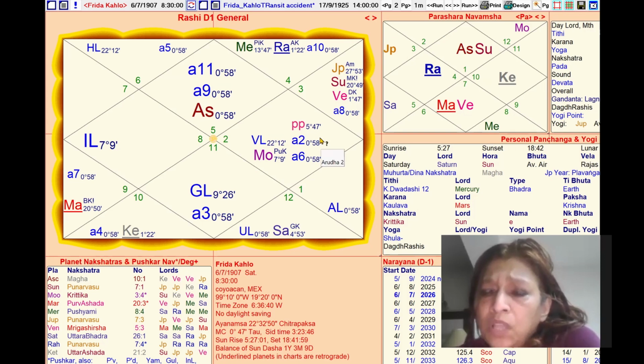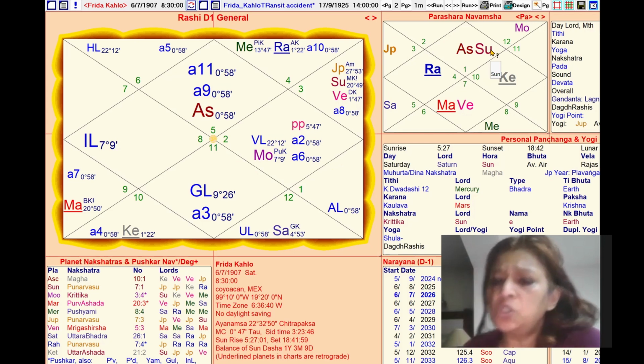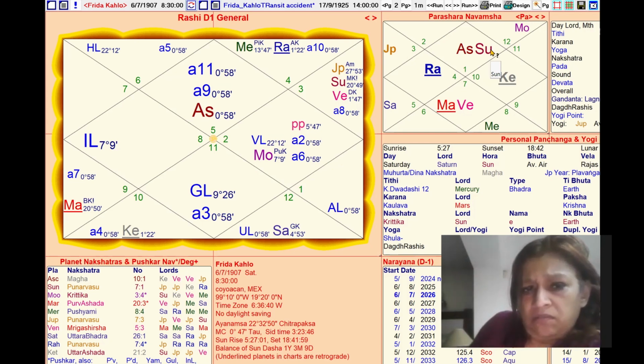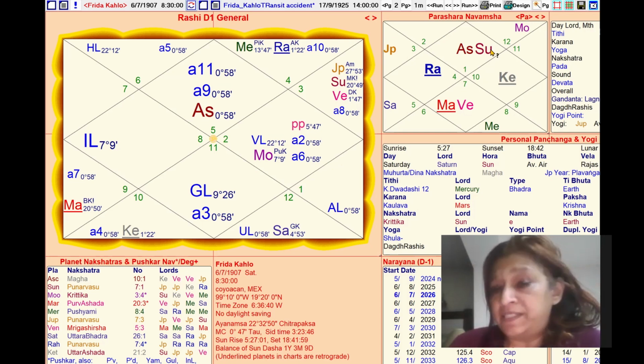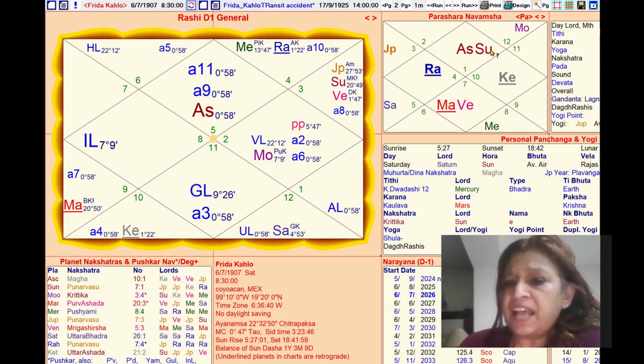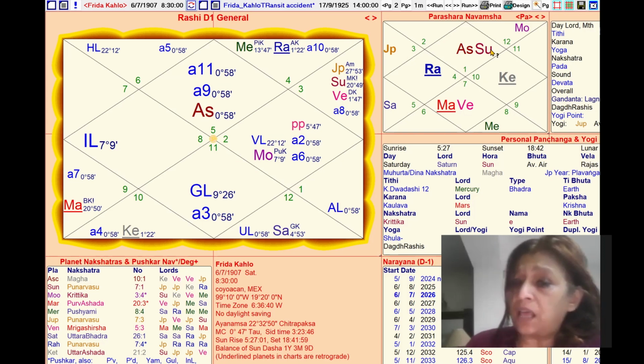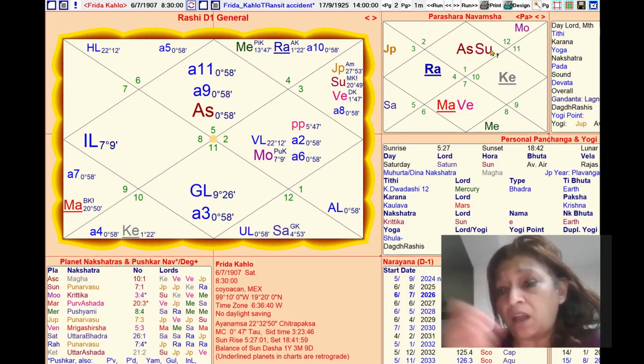But if you look at her Navamsha, does this Navamsha sound correct to you guys? Did she play a musical instrument? I think she did, didn't she? That's your homework, find out if she played a musical instrument. Or did she sing? Because Venus then has to be in trines, but then Venus is with Mars retrograde. It is with the sun. Sun can also rule artistry and painting and stuff like that.